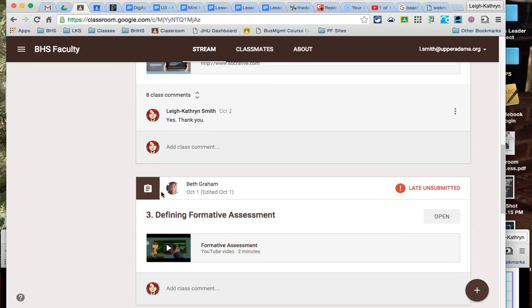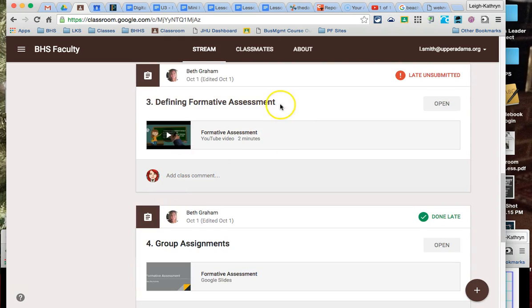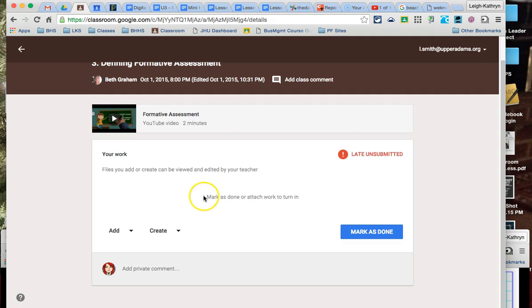So what you're going to do to submit your worksheet is you're going to click on the title of our Lesson 1 assignment. Each one of these boxes is an assignment. Right now all I can see is the title of the assignment and whatever files are associated with it. If I click on the title of the assignment though, I get a different view. So you're going to click on the title, come inside the assignment, and then you're going to come down here where it says add, and you're going to add,